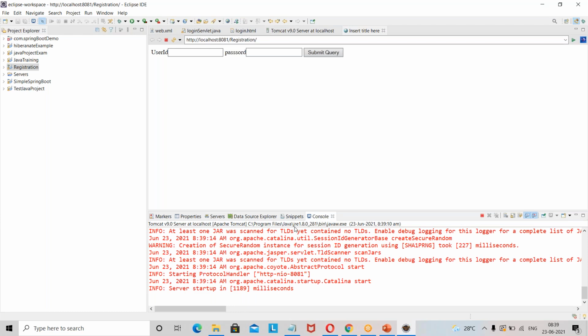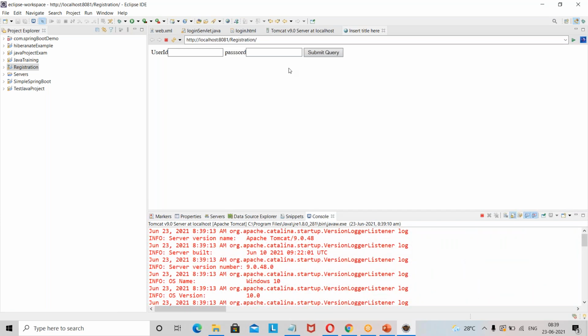So you see, it started with that application. Whenever it starts, it shows user ID and password. So I'll just enter some user ID and password, something like Raj. This is how we are expecting, right? A text box and a password. So I'll enter Raj and something like a password called 123.